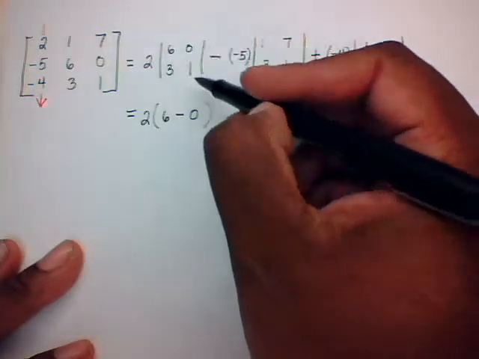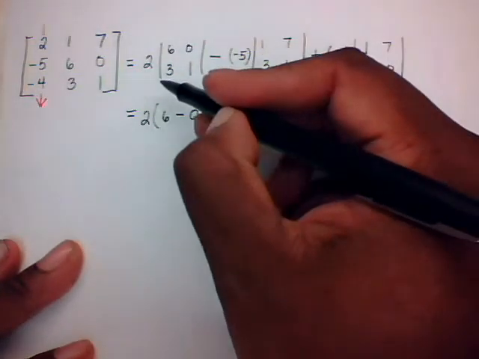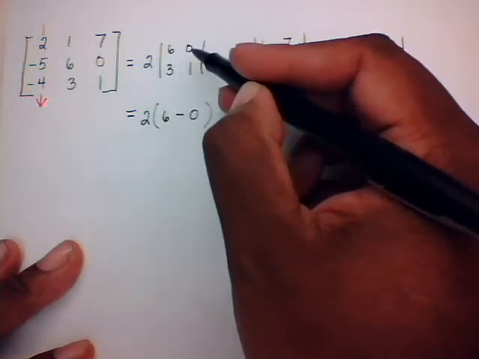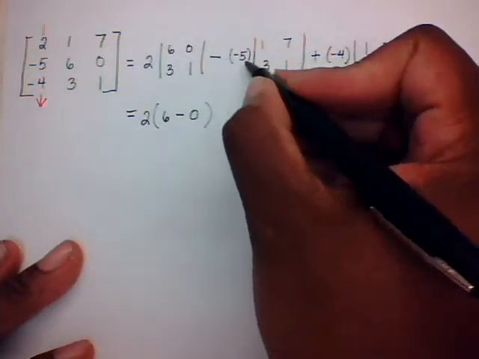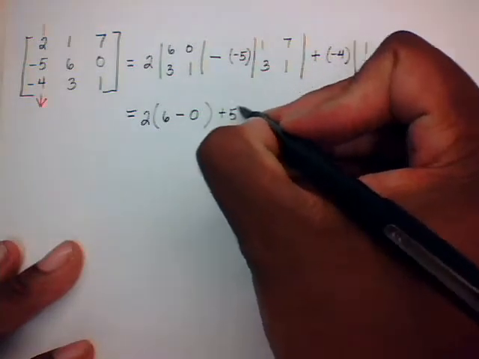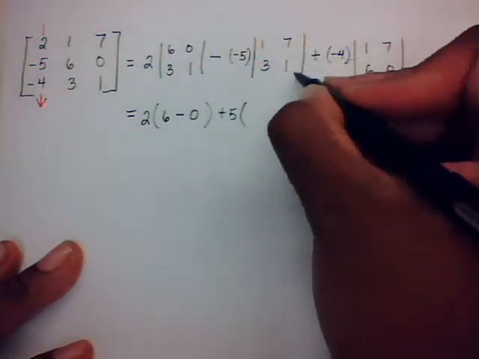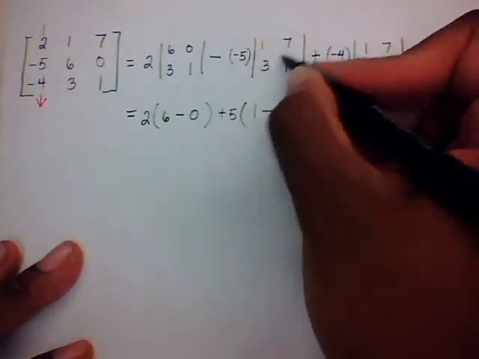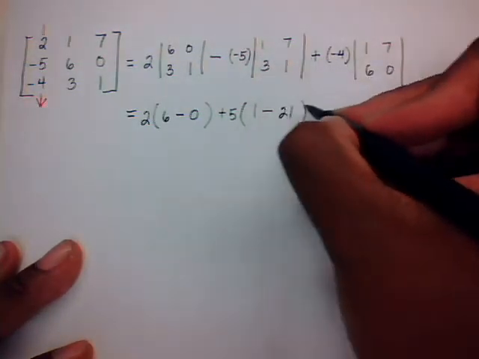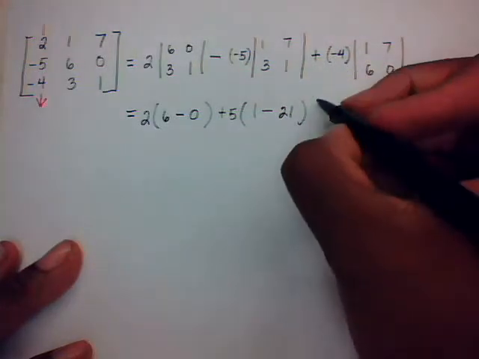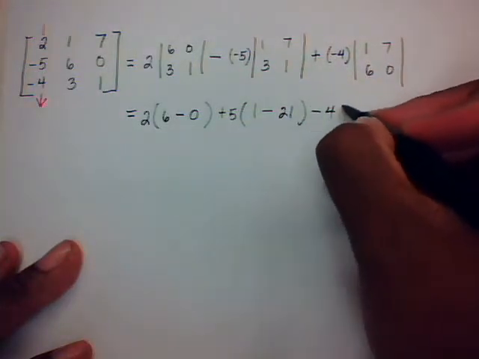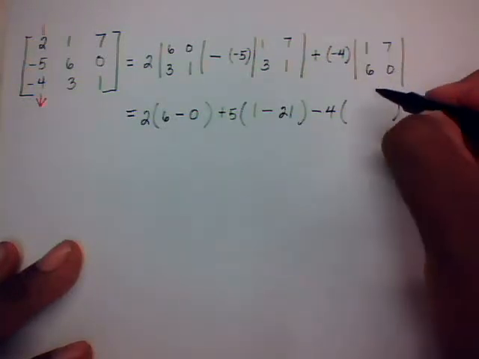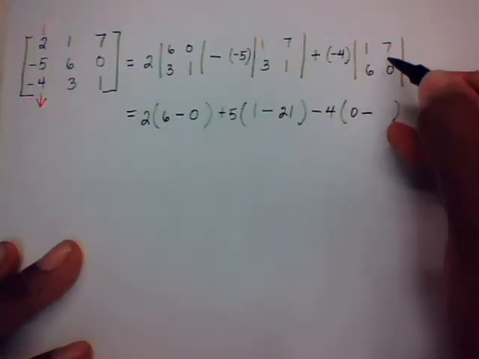This diagonal, upper left to lower right, minus this diagonal, lower left to upper right. Then minus a negative 5 will be a plus 5, and this determinant is 1 times 1, which is 1, minus 3 times 7, that's 21. Plus a negative 4, I'll just say minus 4. And the determinant here: 1 times 0 is 0, minus 6 times 7,